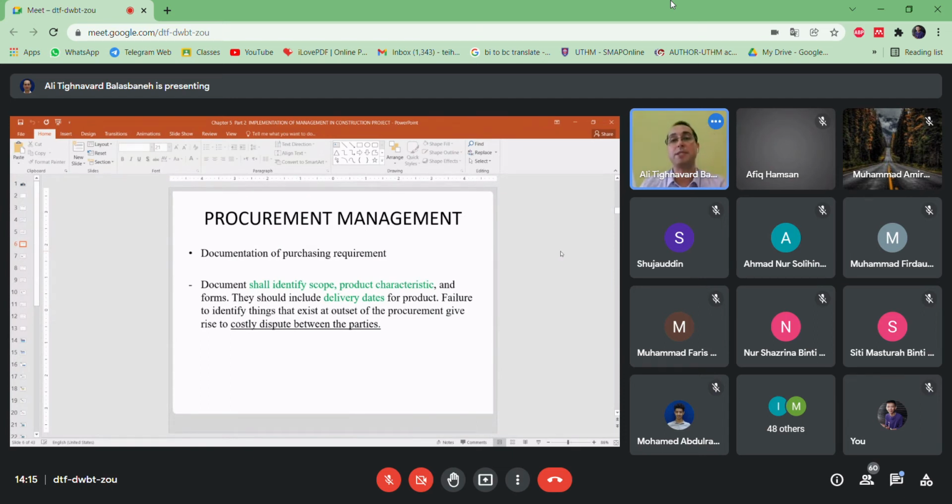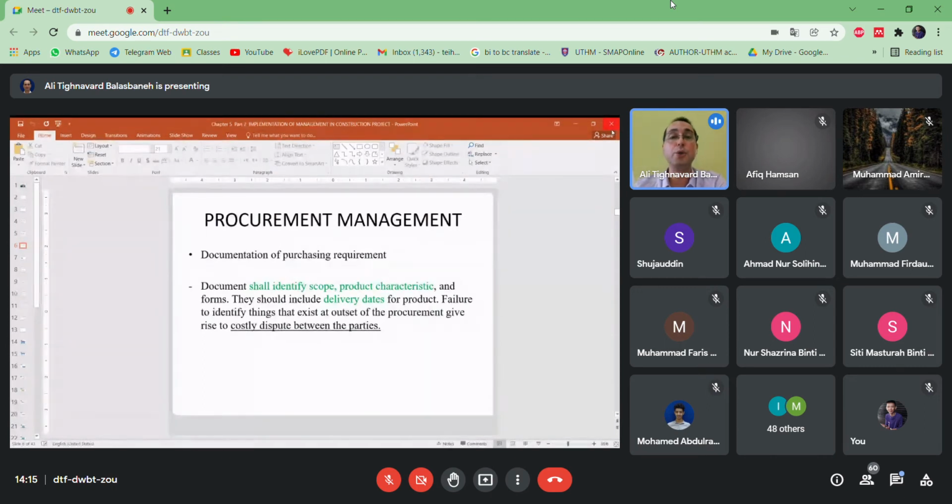At the same time, if your project is a mega project, a very big project, you need to purchase a single material from different suppliers. For example, you need cement, but you need to refer to 2 different factories, 3 different